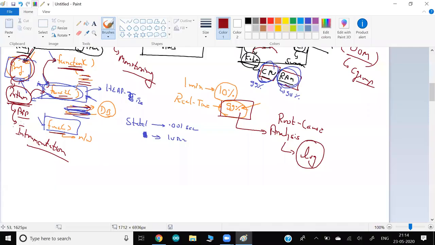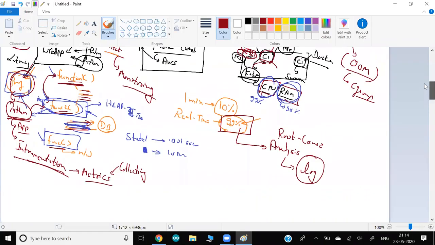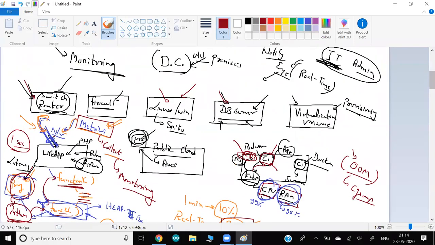So monitoring, especially for retrieving or collecting the metrics, is known as instrumentation. So what would you like to instrument? Let's say my server is running on the cloud.